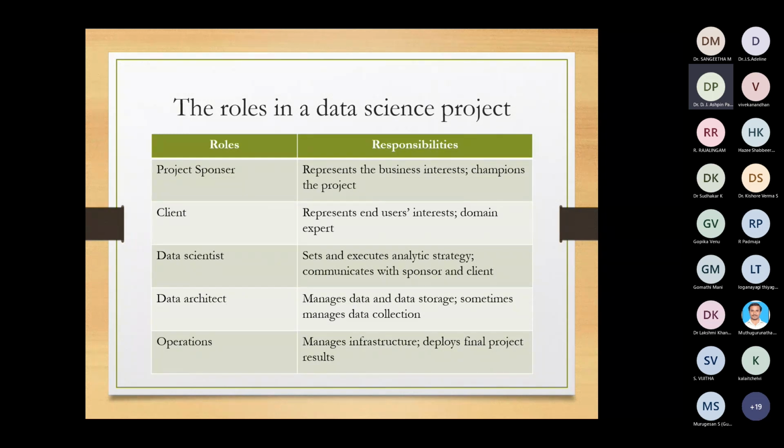The project sponsor and client can be the same person. It is not necessary that the client be sophisticated mathematically, which means he need not be good in mathematics or statistics, but he will be familiar with the relevant business processes and will serve as the domain expert on the team. Suppose we take a loan application problem, right?